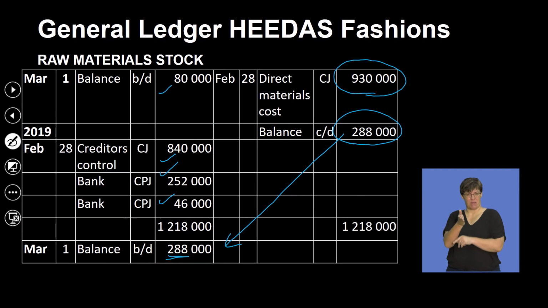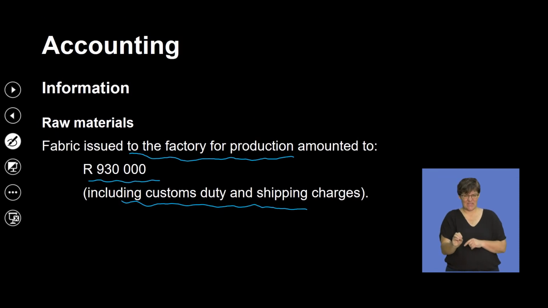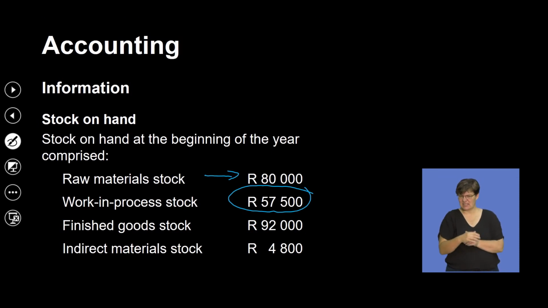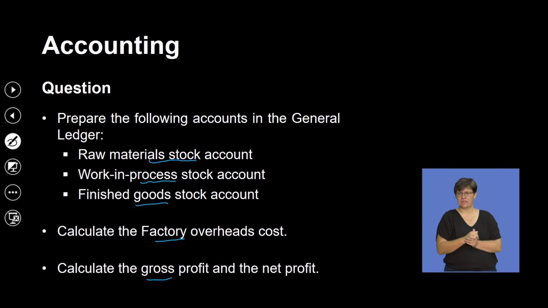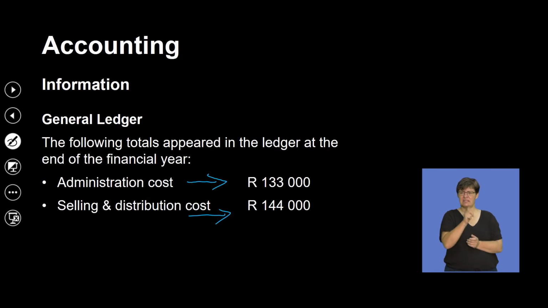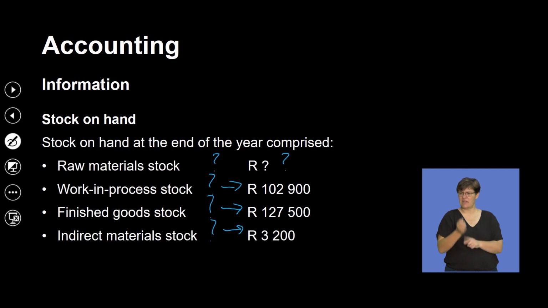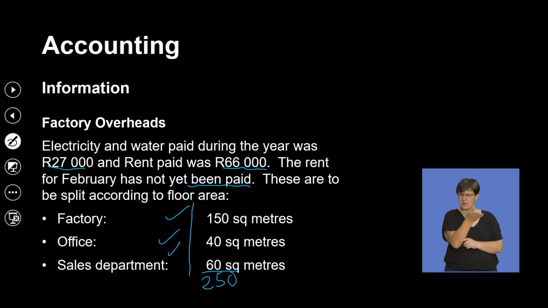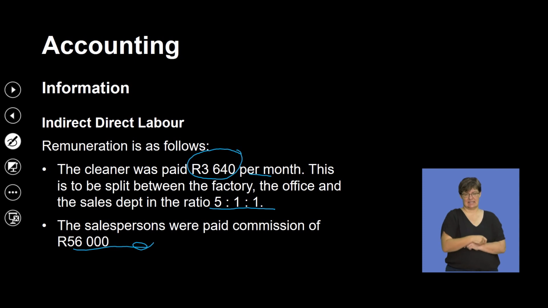Let's just see if we can find that slide for you. There is information for you here. Yes, here we go. With regards to indirect labor, you are told the cleaner was paid 3,640, and this has